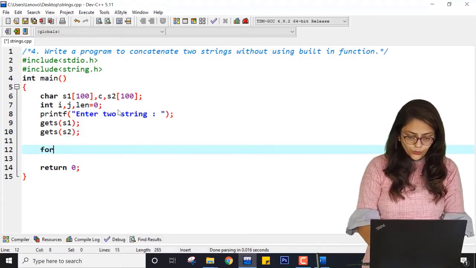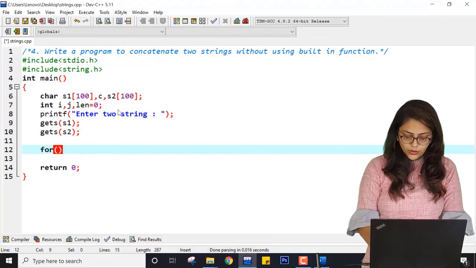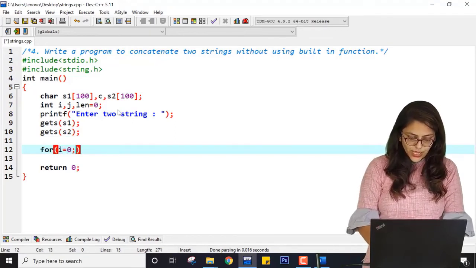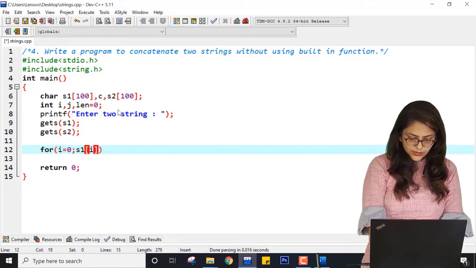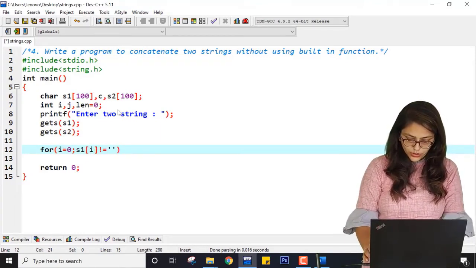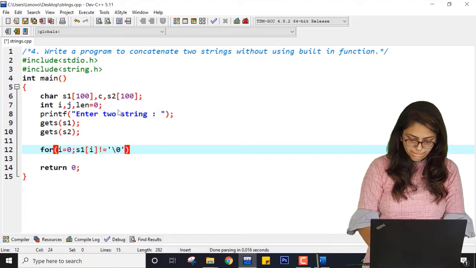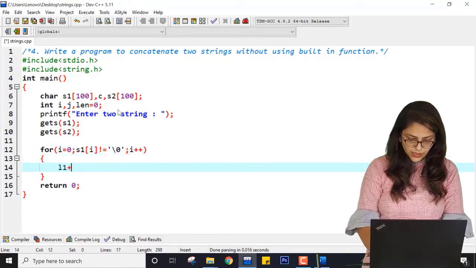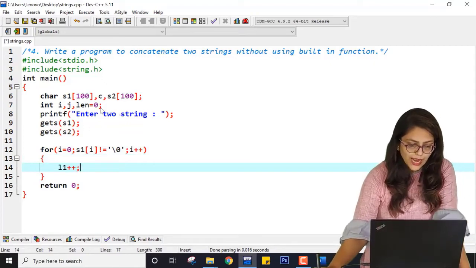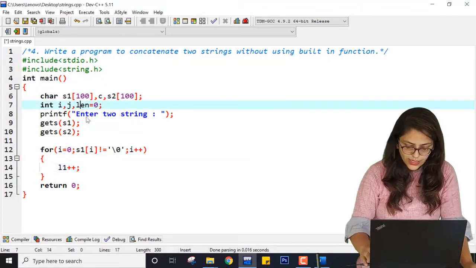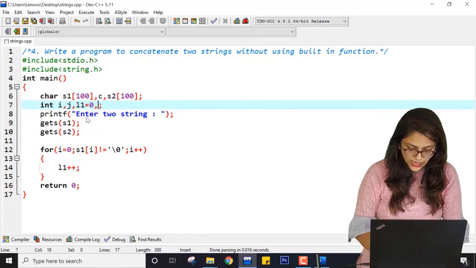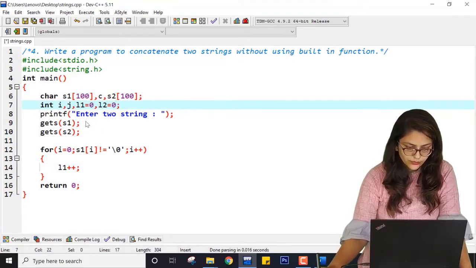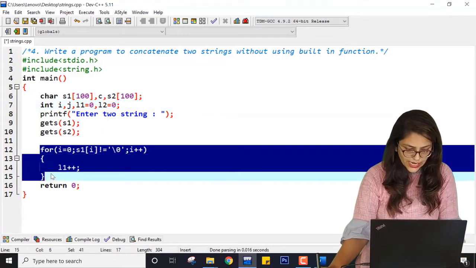Now I am taking a for loop. i equal to 0, S1 of i is not equal to null, i plus plus. For this I am doing L1 plus plus. So I have to declare L1 as 0 and L2 as 0 for the two string lengths.